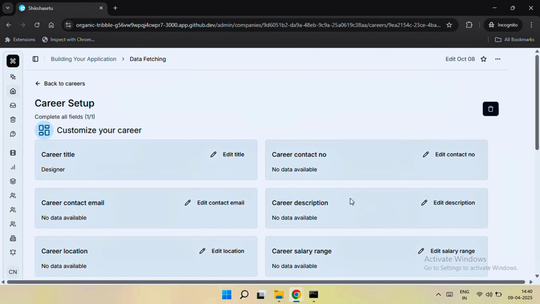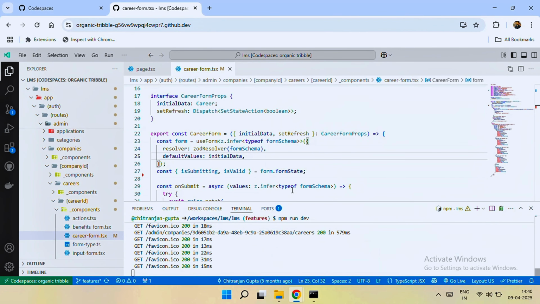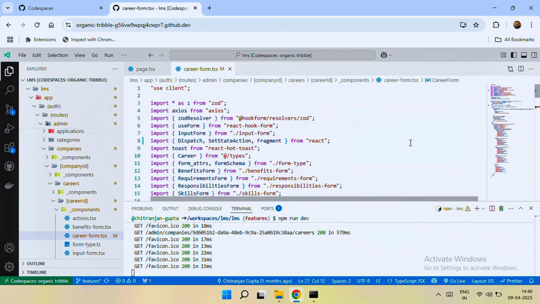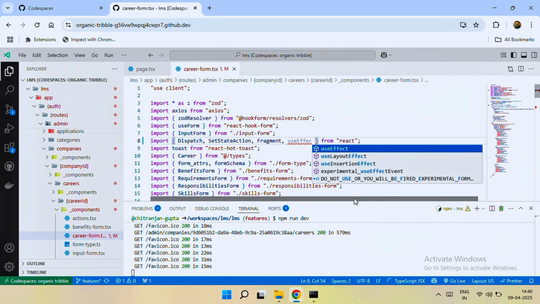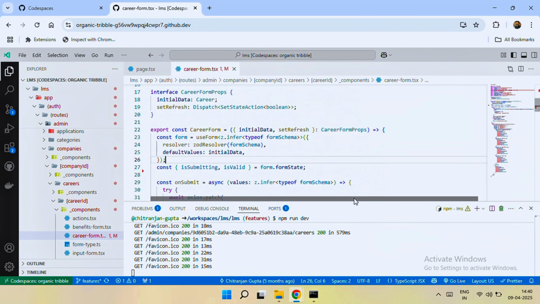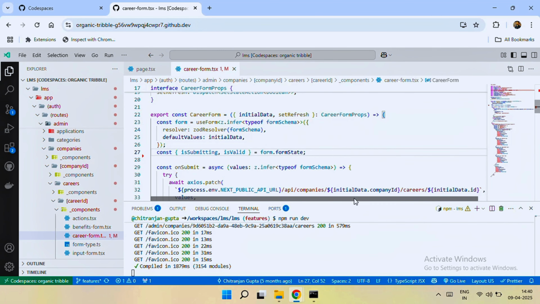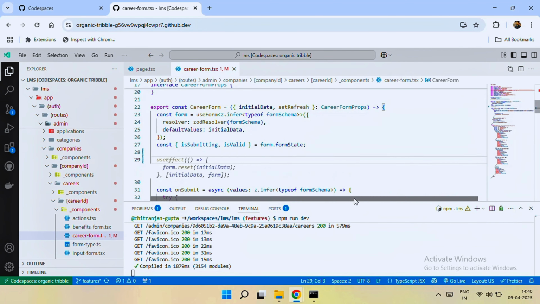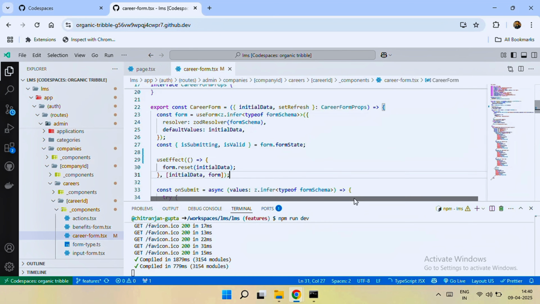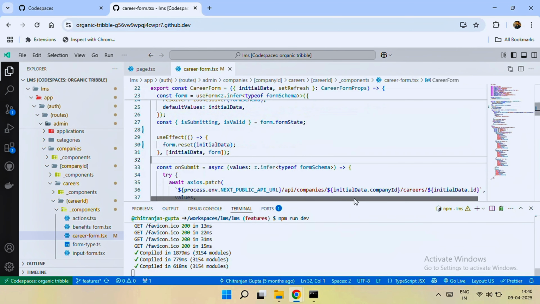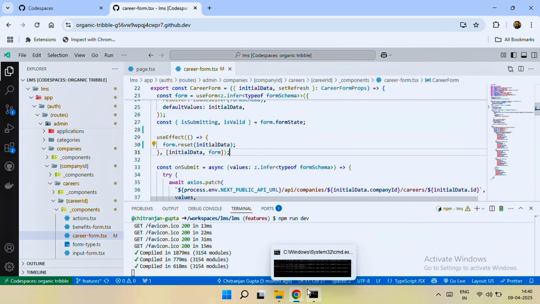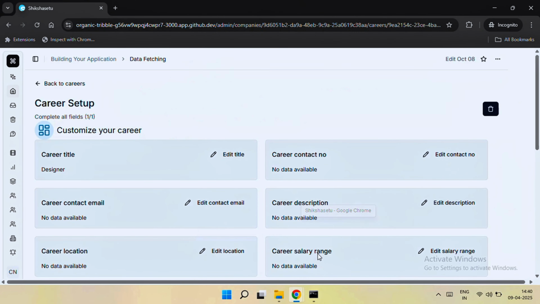To fix this problem, what we have to do is use the useEffect React hook. So we import the useEffect React hook from React, and use the useEffect hook with the code form.reset with initialData, and useEffect dependencies with initialData and form. After doing this, when we go back to the career page